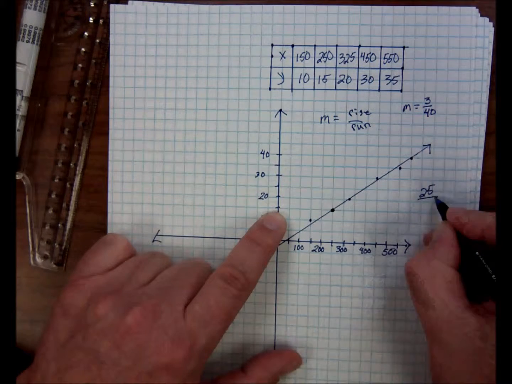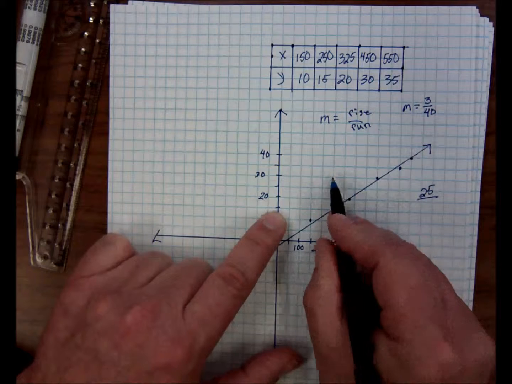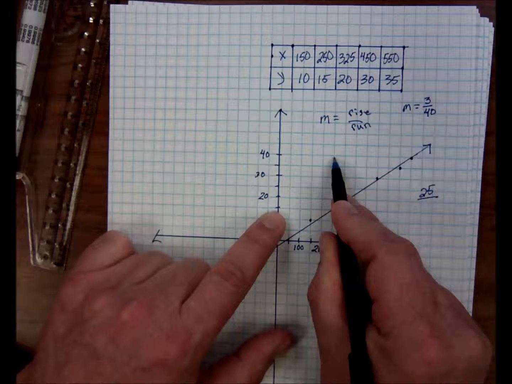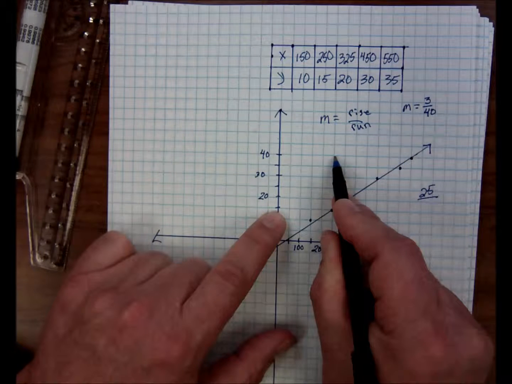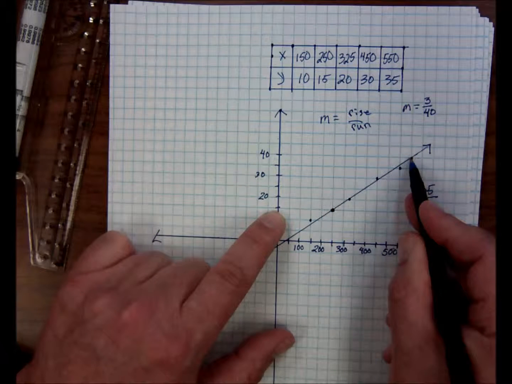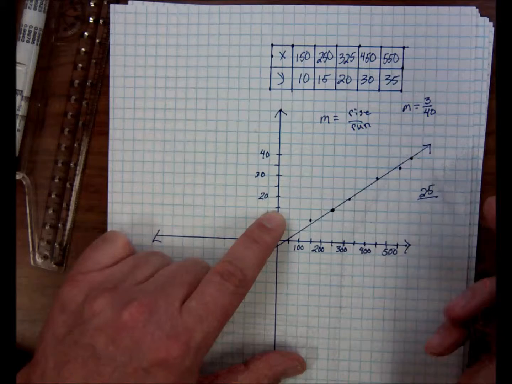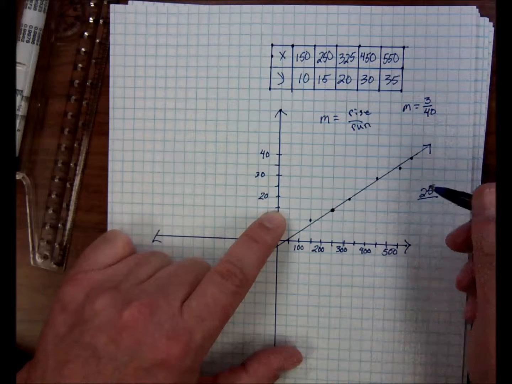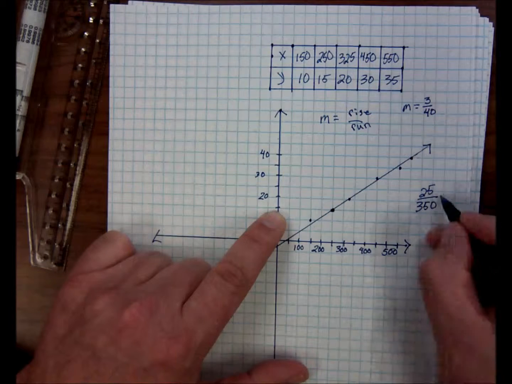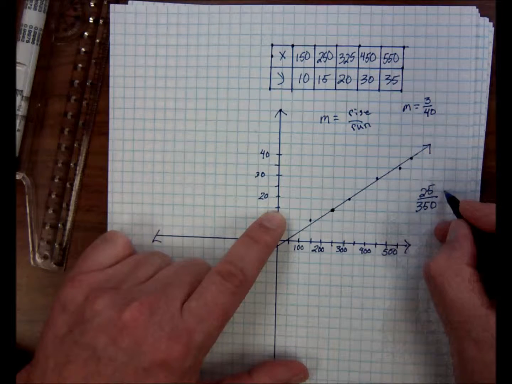Then our run would be from here, where we're at 250, up to here, which is 600. So 600 minus 250 would be 350. If we put that in lowest terms, we would have